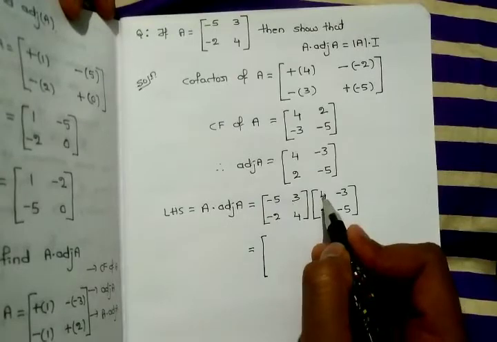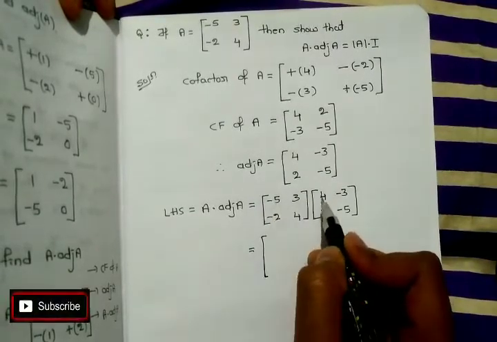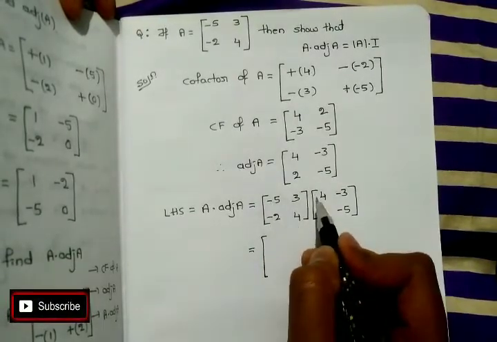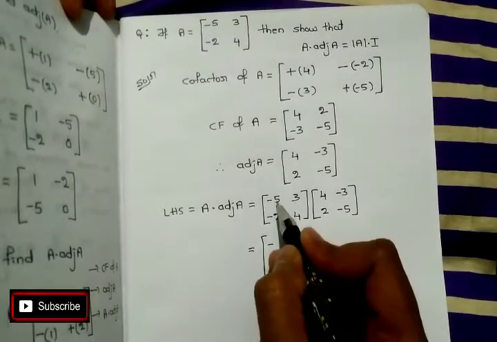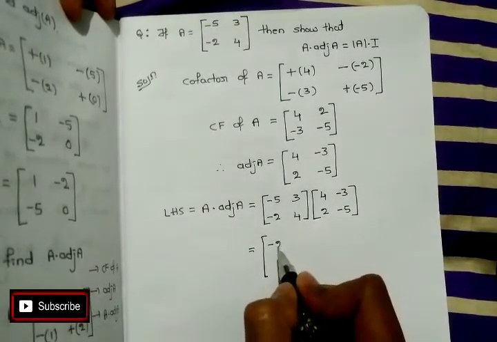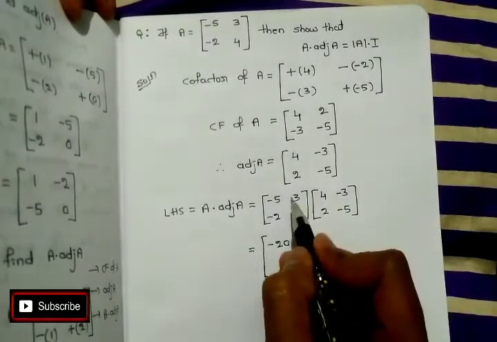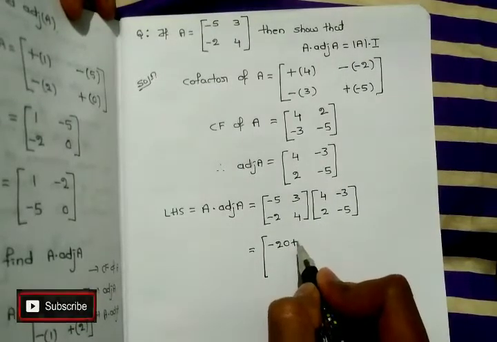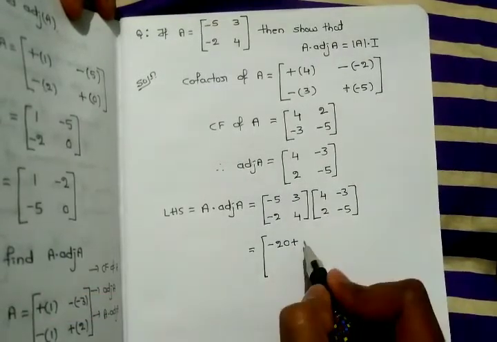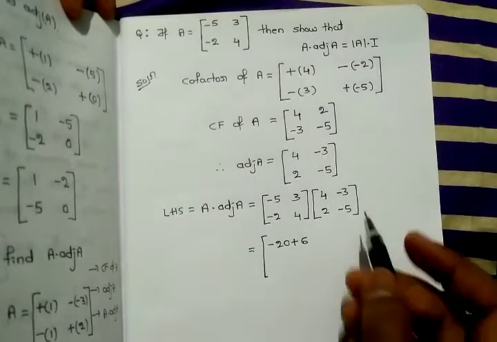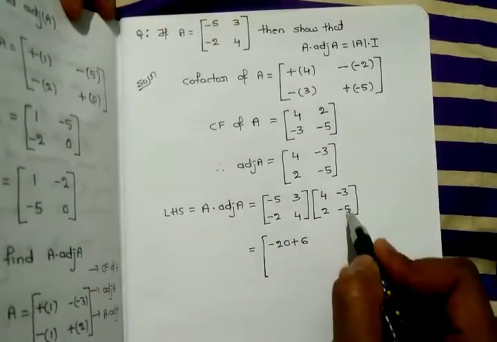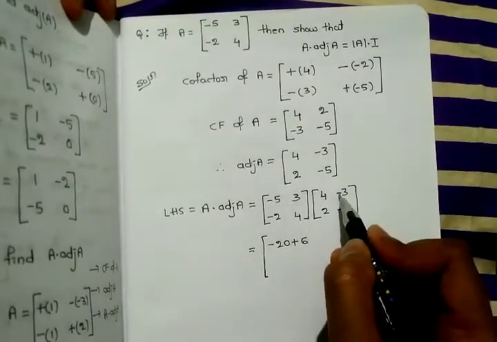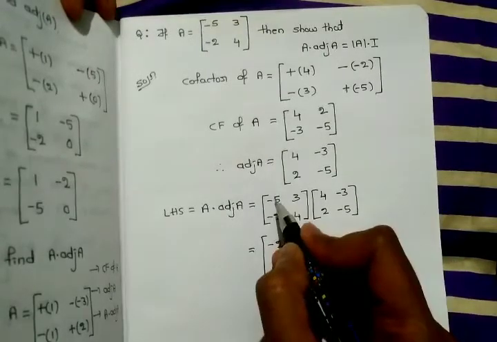Multiply first row with first column, that is first element with first element. Minus into plus is minus, 5 into 4 is 20. Next, plus into plus, middle always plus sign, so 3 into 2 is how much here? 6. Next, first row, second column, minus into minus is plus, 5 into 3,